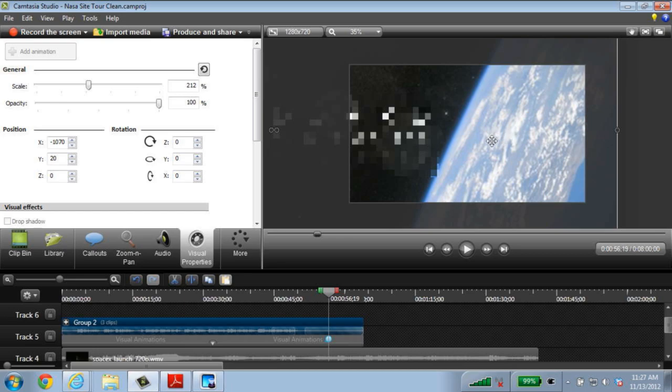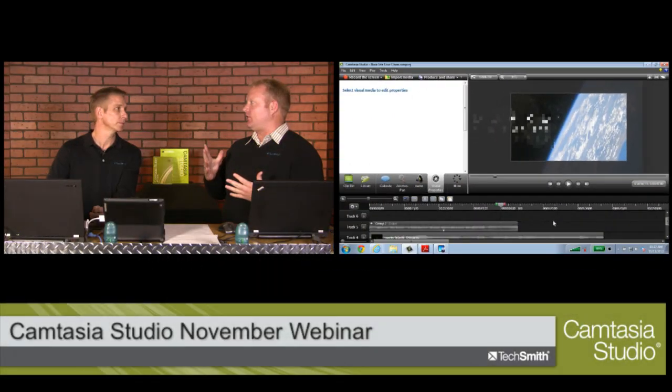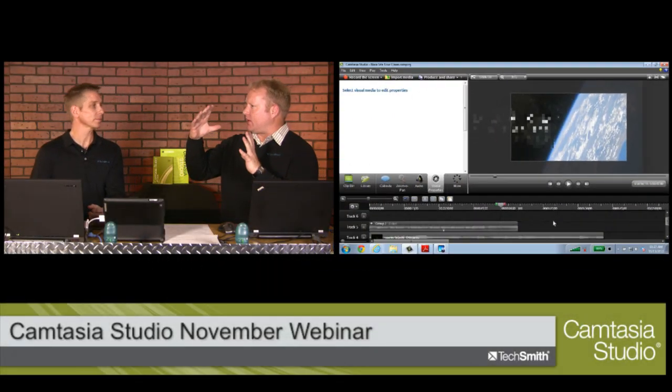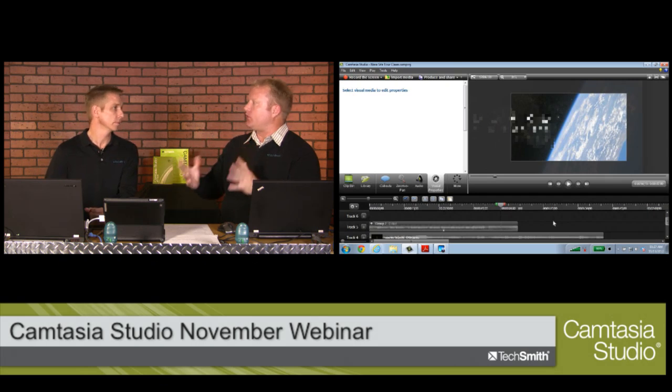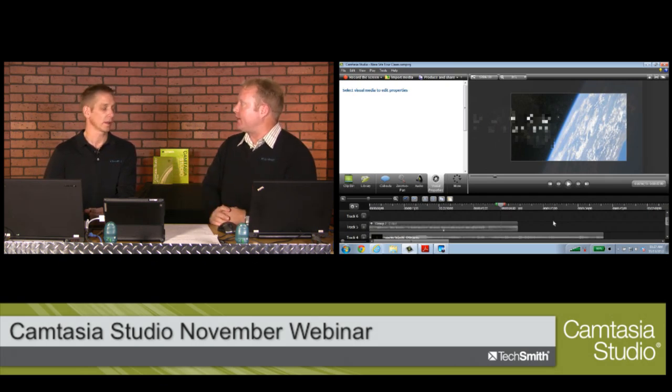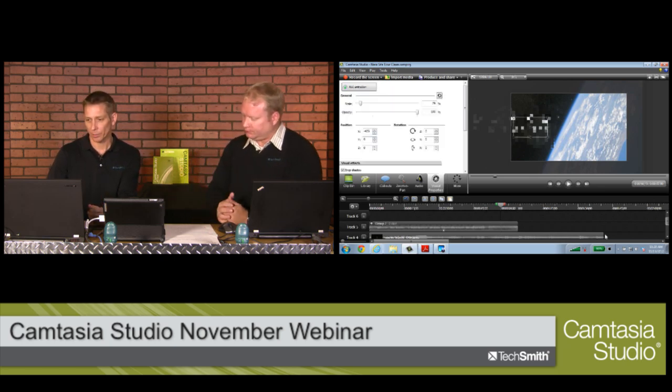So grouping is a really powerful way to add some enhancement, or lock things together and then be able to manipulate them as a single media. Before, that was such a manually intensive process, and to have things that stay relevant to one another in their positioning can be really helpful in that regard. Exactly. So let me jump back and actually trim this in a little bit